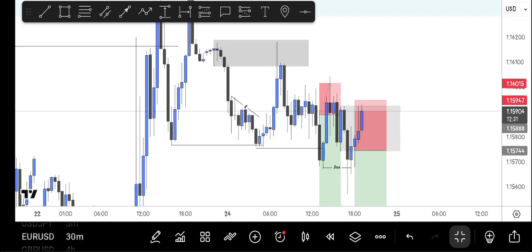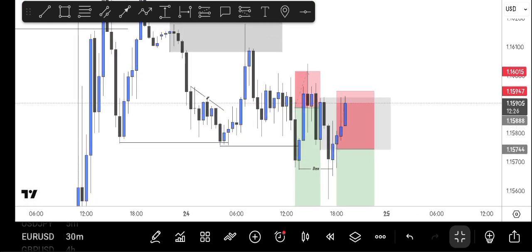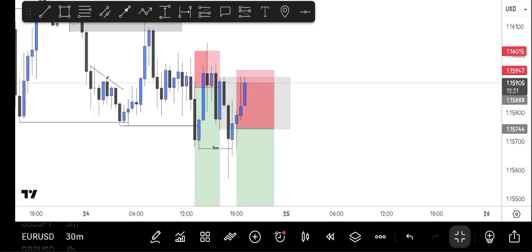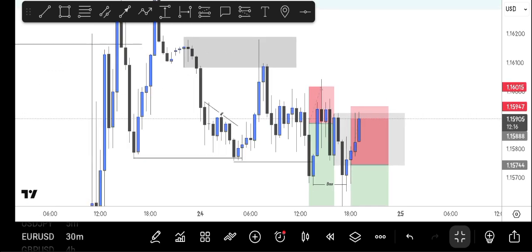What I actually noticed is that I waited a long time for this, and I entered during the London session, the New York session. Price took liquidity from all this area and started consolidating, which is one of the setups I look out for. When price ranges on a liquidity zone or a protected zone and breaks out, I enter on the candle that led to the breakout.